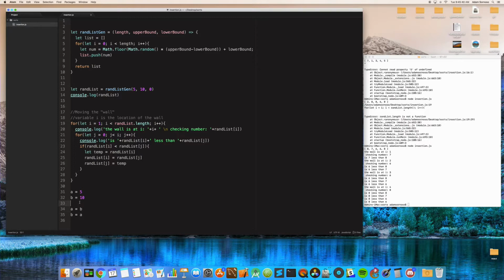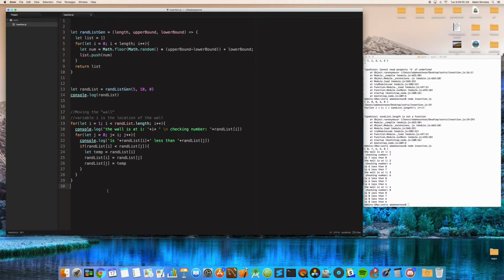So what you have to do is create a temp variable and go temp equals a, a equals b, and b equals temp. Then we could rewrite a, and then b equals temp, which was the original value of a. And temp is just a temporary variable. So if we run this,